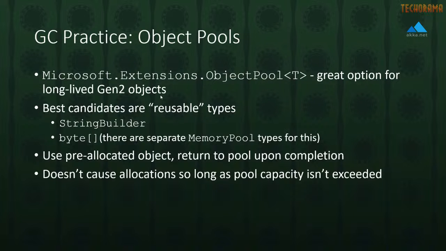So we go ahead and rent an object from the pool, use it to do some work. And once we're done with it, we return it to the pool and maybe zero out its memory or dump its contents if it has some temporary state that we've used. And these don't cause additional memory allocations when we do this. We're essentially able to reuse the same instances over and over again without having to allocate new ones. This will result in a decrease in garbage collection pressure, and the amount of memory usage we have will remain somewhat constant around these areas.